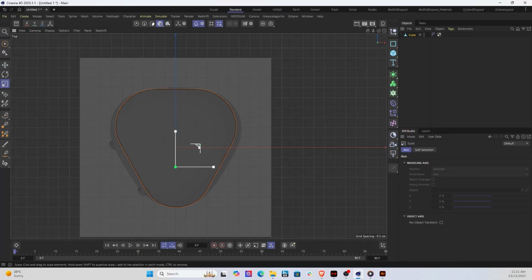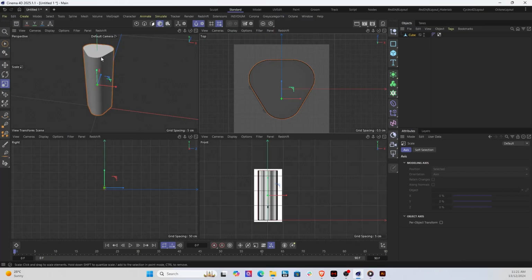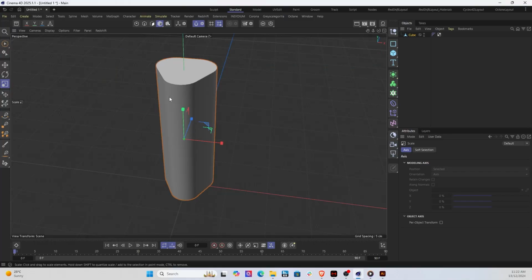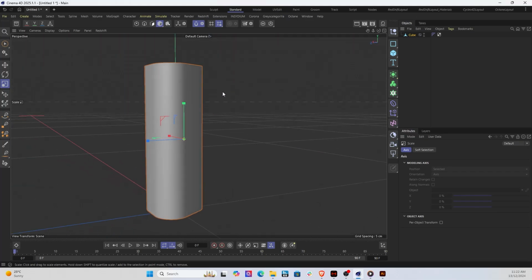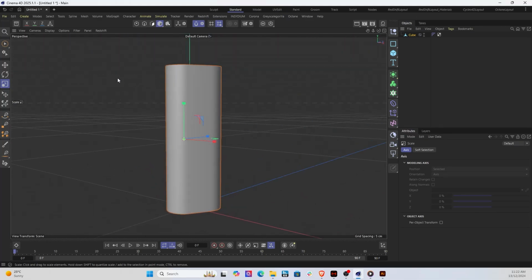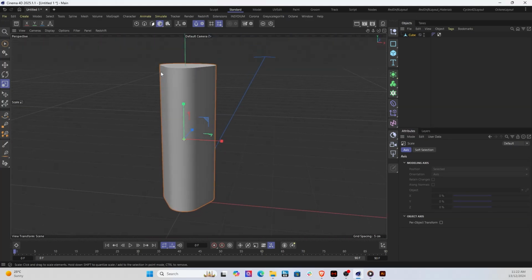I think the top scales are fine, but now let's try to scale it outwards a little bit. Okay, and I think that should be about right. So we've got the edges overlapping perfectly. If we hit the middle mouse button again, that is the shape that we've just achieved by doing that exercise. So let's have a look at it a little bit closer. Middle mouse button on the perspective view, Alt, left mouse button, and move the mouse around. And there we go, ladies and gentlemen, this is your speaker. Okay, so great. Now,